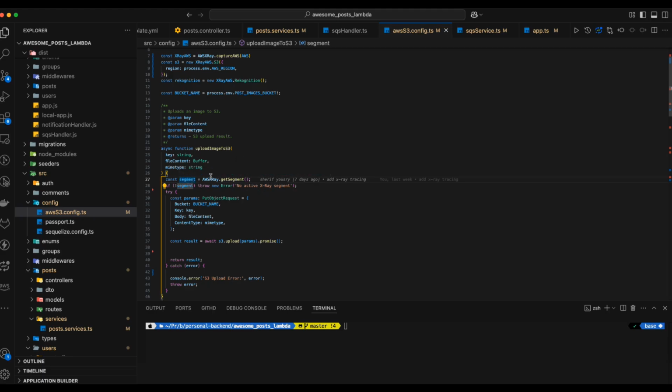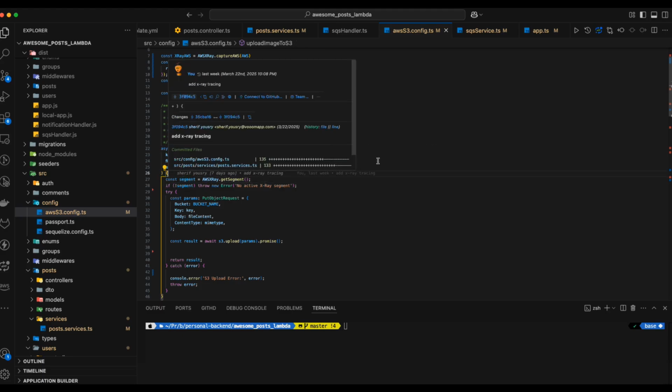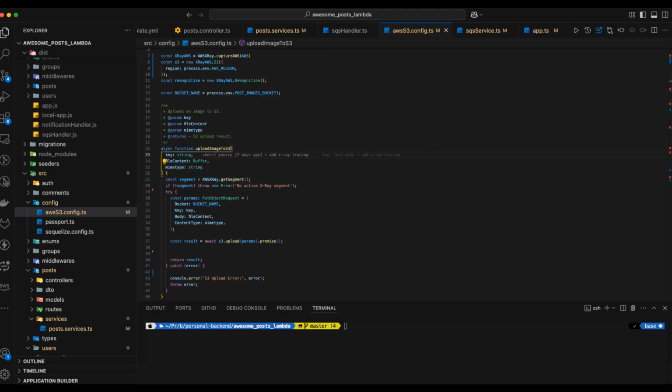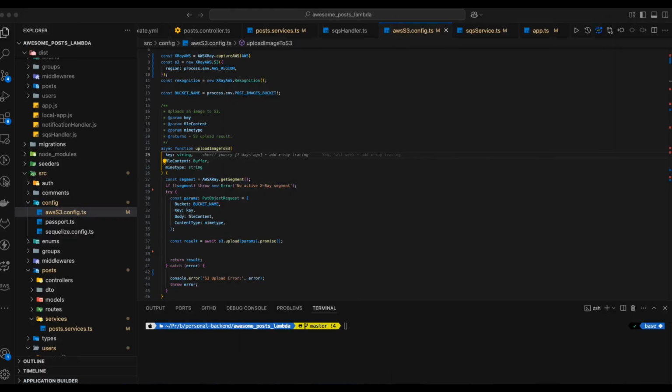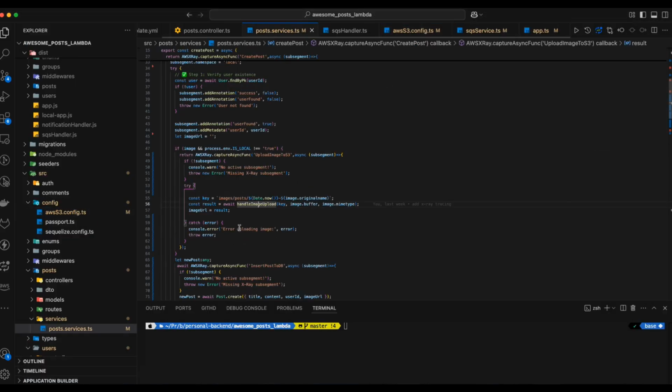So the active segment. What do you think? What do you think the active segment is here? Where is it? Is it Awesome Blog API? Is it Create Post? Where is our active segment? So if we think about it, our active segment will be the current segment that